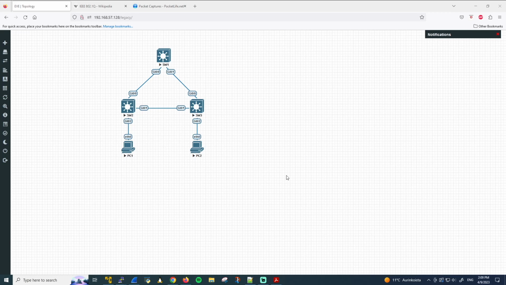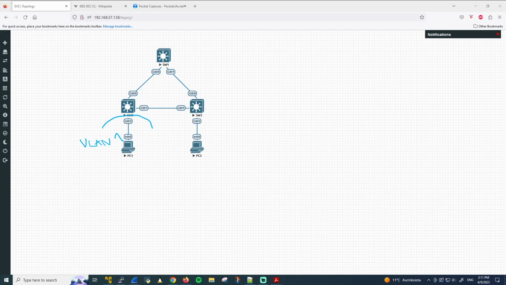To demonstrate the concept, let's actually focus on switch 2, where we have PC1 connected. So right now with the default configuration, the entire switch 2 is actually in VLAN 1. Now with the use of VLANs, we can leave PC1 in VLAN 1 as it currently is, and then we could create other VLANs to provide that logical separation. So we could do something like have PC1 and perhaps even other ports or devices connected to the same VLAN, VLAN 1,